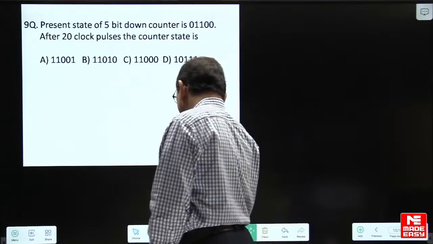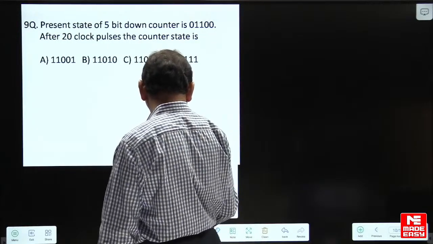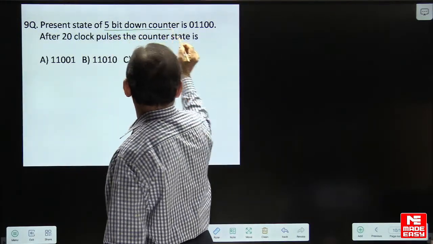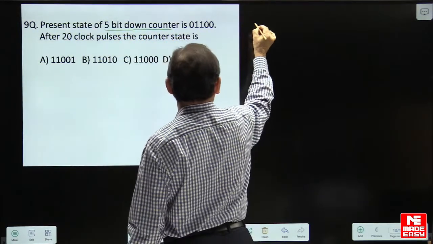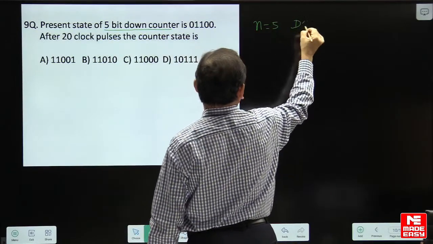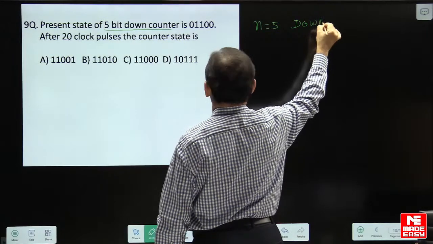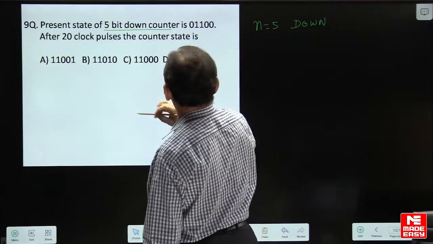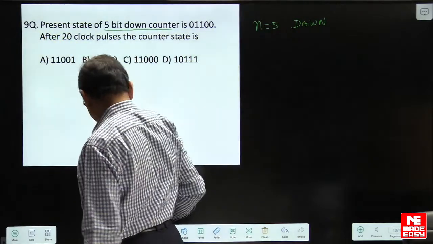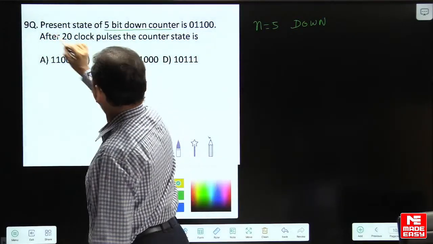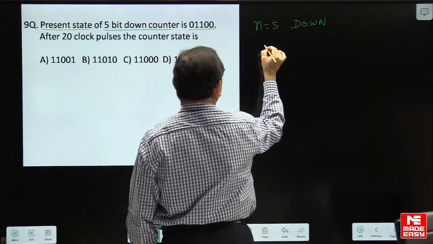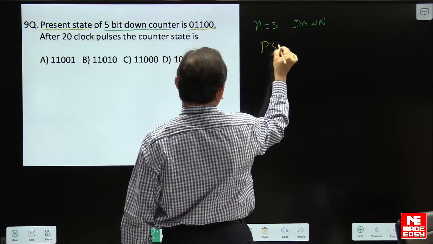So if you look here, the question we are looking at is a 5-bit down counter. We are having a counter, it is a 5-bit down counter, right? The present state of the counter is given as